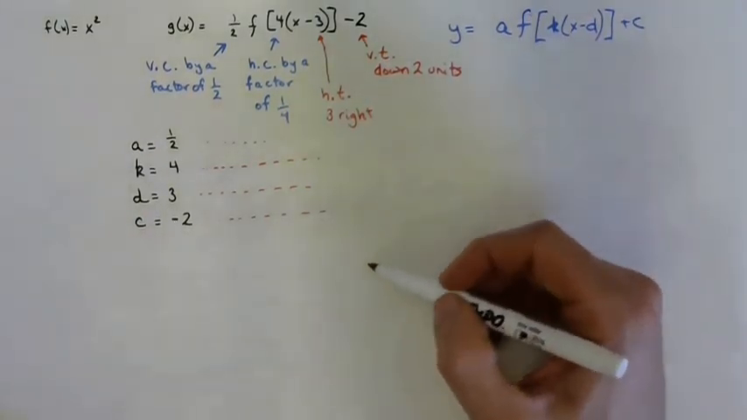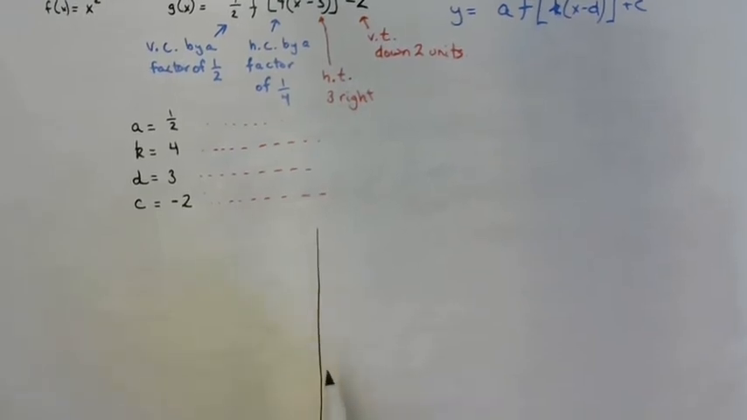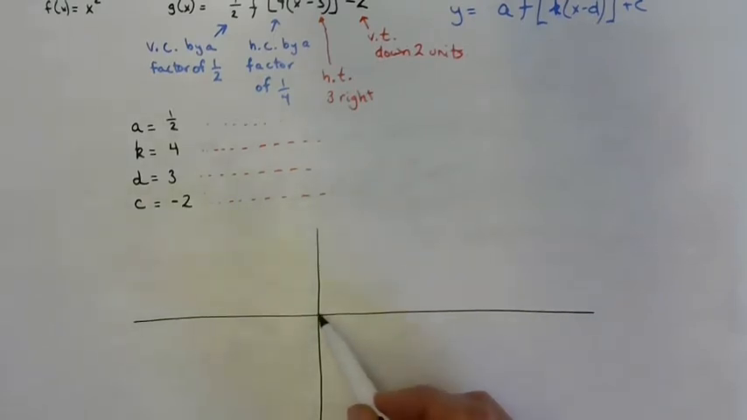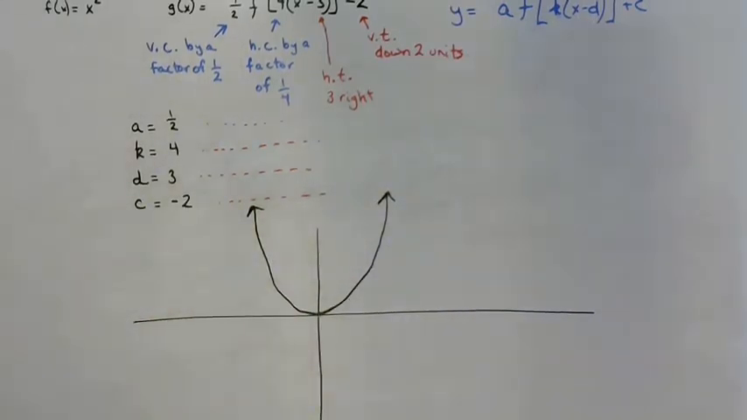Now, what was our parent function? f(x) equals x squared, and you have a graph drawn for you there. Make sure x squared is drawn on yours already. Does it look kind of like that? Okay, so let's apply our vertical